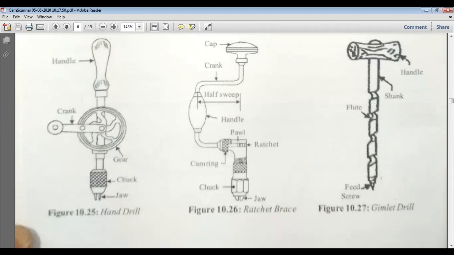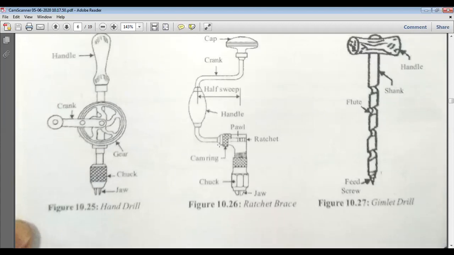The gimlet drill is the basic drill that we can apply by hand, whereas the hand drill involves a circle, and we give circular motion to the handle, and this way a hole is created. The ratchet brace is a highly specialized and highly precise drill. We basically use it on artistic materials and give curves and drills to the artistic pieces, etc. Normally, we use the hand drill.